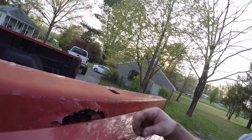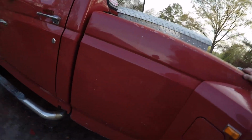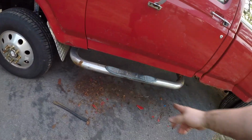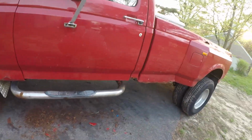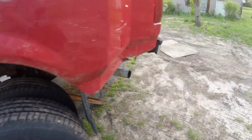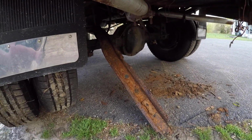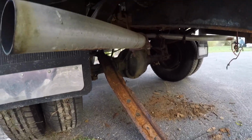So it's a mess. But anyways, same thing over here. I just ripped that off. It was underneath. Now it just looks a little better. And this is four-wheel drive, by the way. And also under here, when I ripped the wiring down, that came down. So I need to cut that. And then